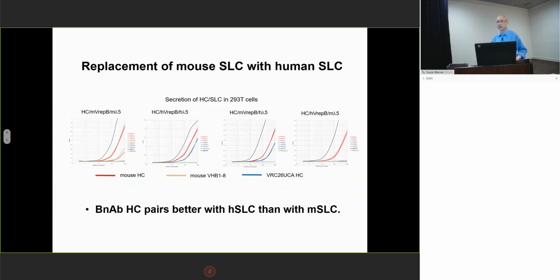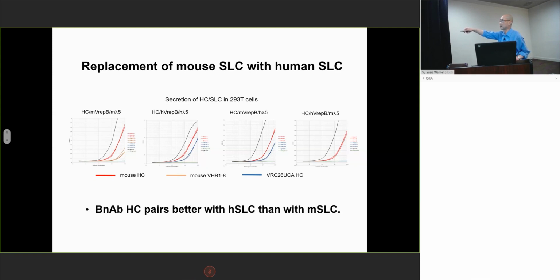But if you provide surrogate light chain, they'll pair and get secreted in the supernatant. Then you measure the antibody concentration in the supernatant. So that gives you an indication as to how well they pair. Here, the red curve is when we express the mouse control antibody with mouse surrogate